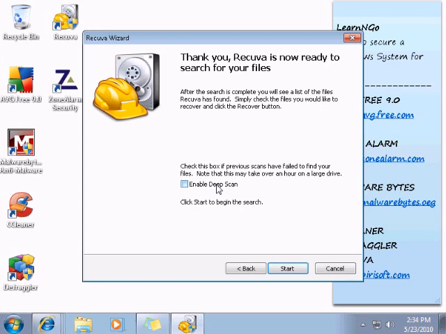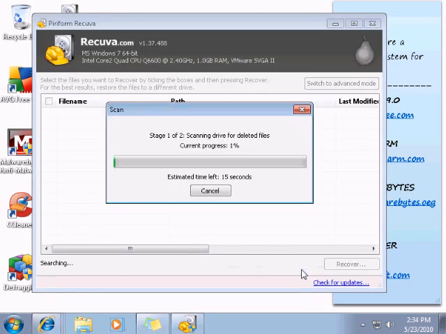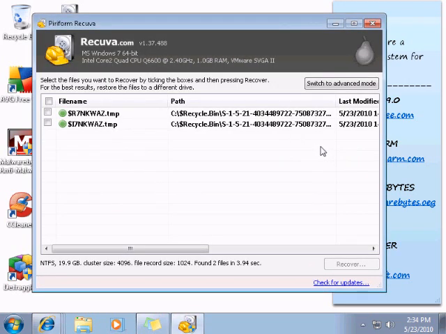If you check enable deep scan, it's gonna be a long scan, but it's gonna give you better results. Or you can uncheck it and do a quick scan, and you're gonna get good results also. But maybe let's say a file you deleted 1 day ago, with a quick scan you can get it, but a file you deleted 2 weeks ago, you need a deep scan to get this back. Okay. So let's say I uncheck it, I do quick scan, I do start,